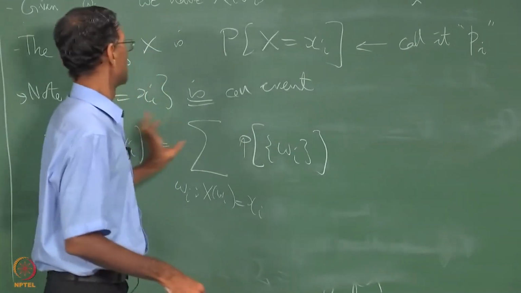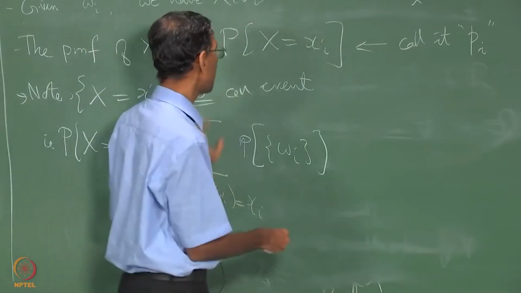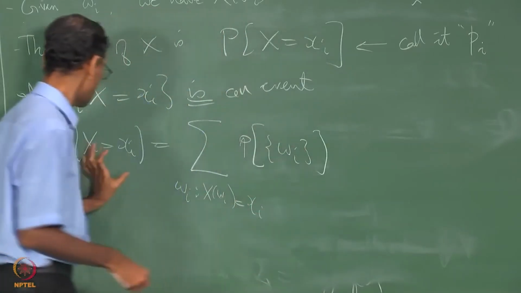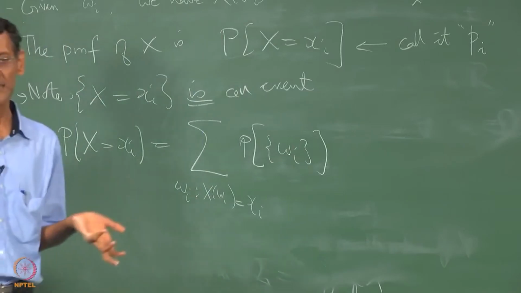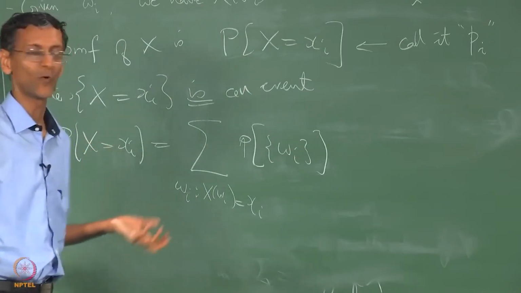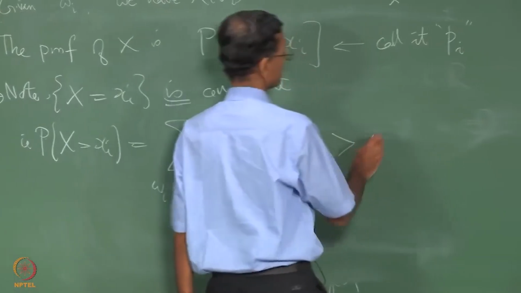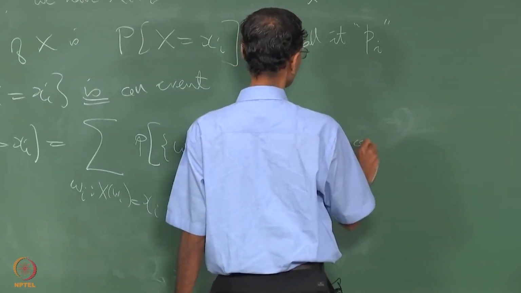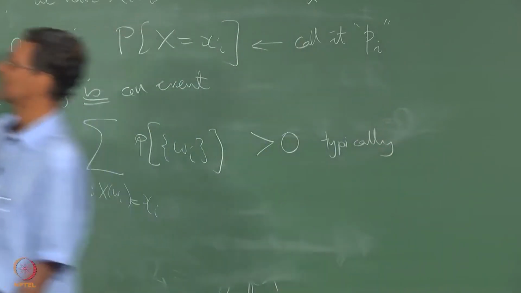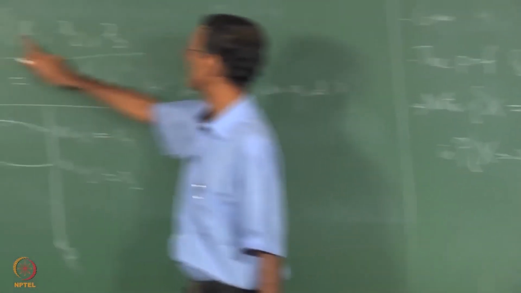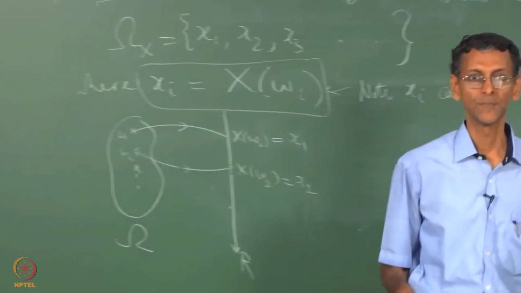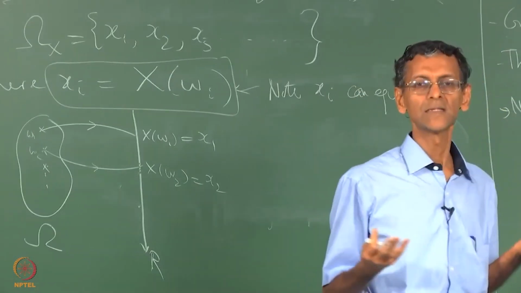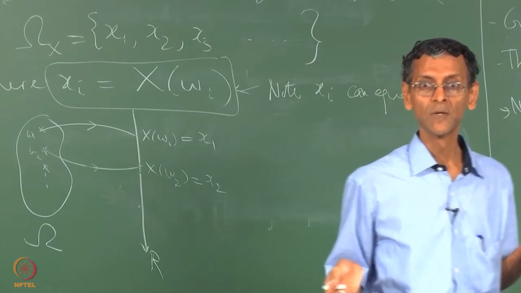So in other words, especially in the discrete case, it turns out that all these P of x i's are typically positive numbers between 0 and 1. So this is usually greater than 0 typically. That is the significance of all these numbers here: under the mapping x, all these numbers have positive probabilities. And not only that, the sum of all those probabilities has to be 1.